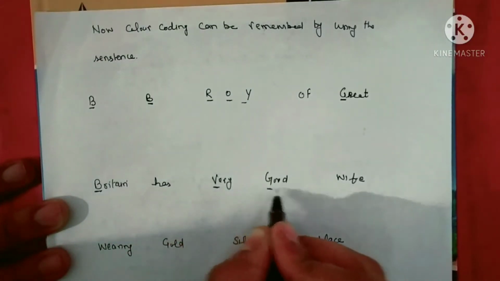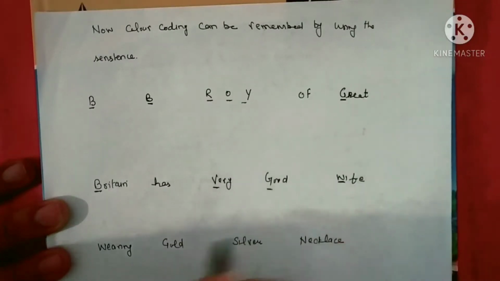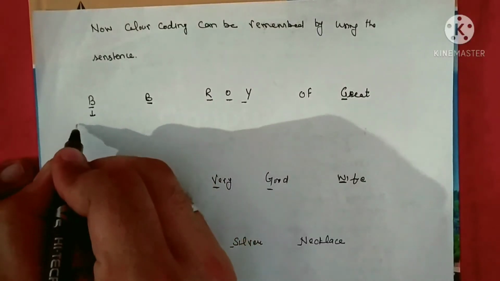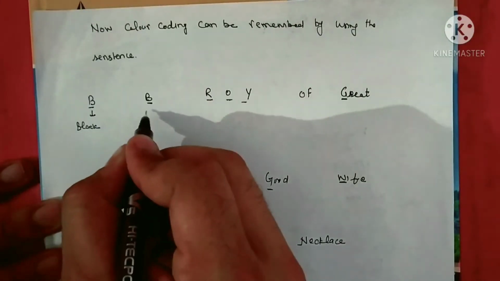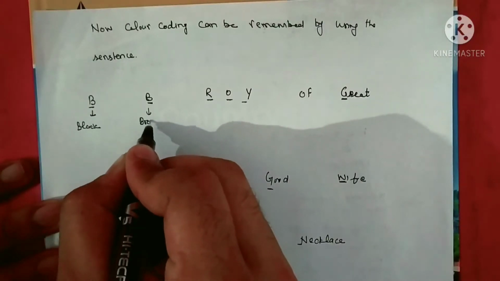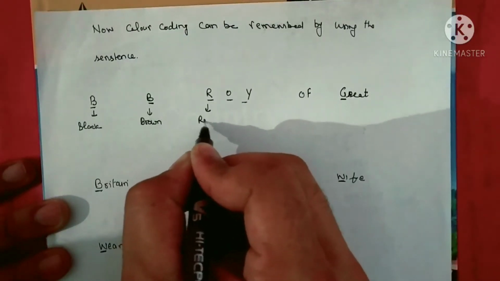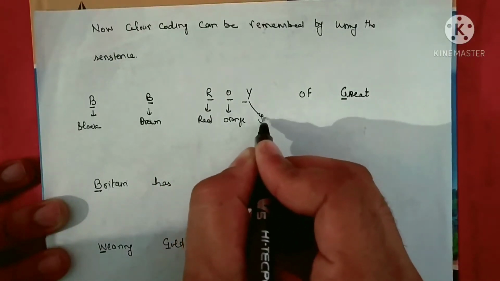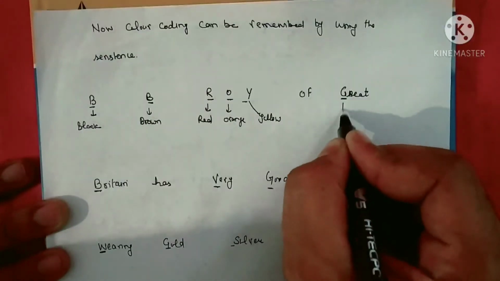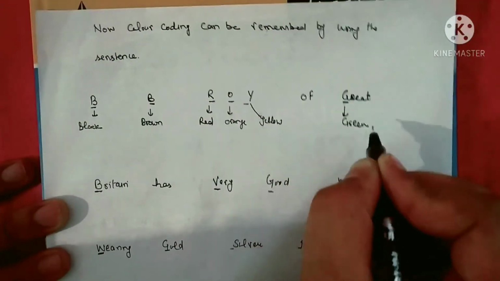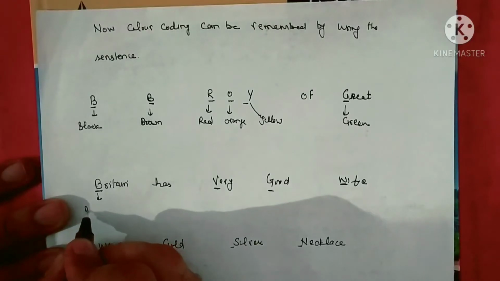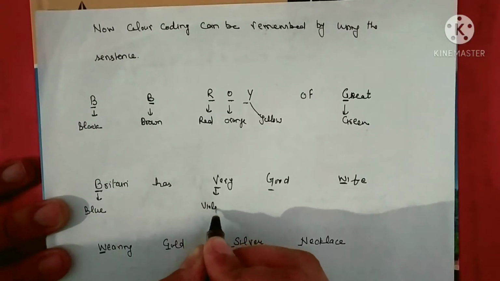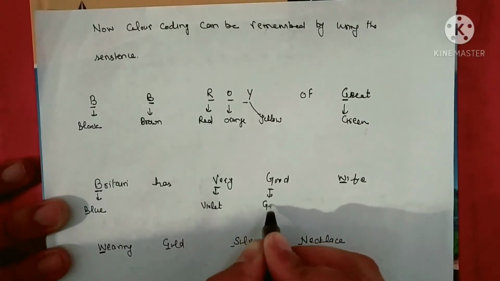Okay, so first of all we will start: B for black, this B for brown, this B for red, this B for orange, this for yellow, this for green, this for blue, this for violet, this for gray,